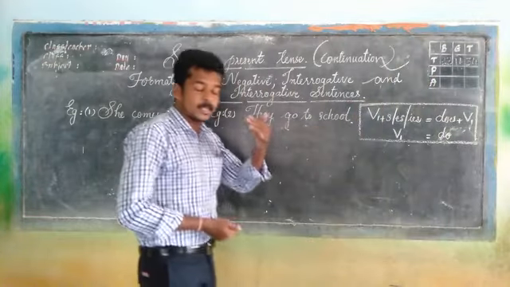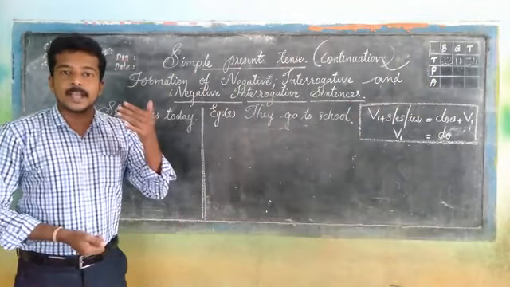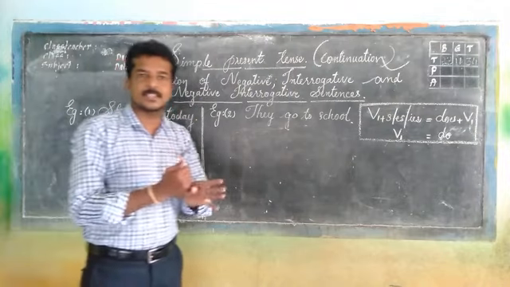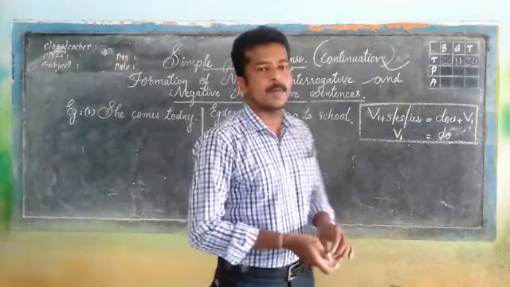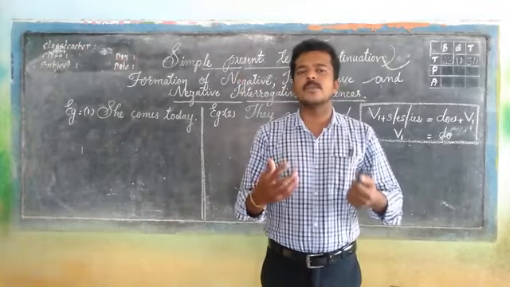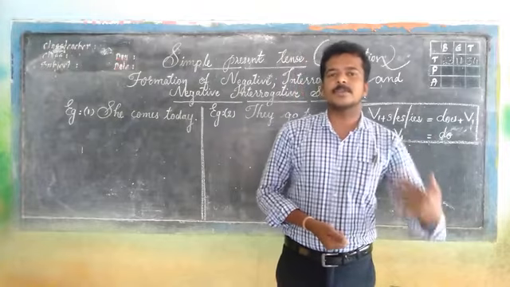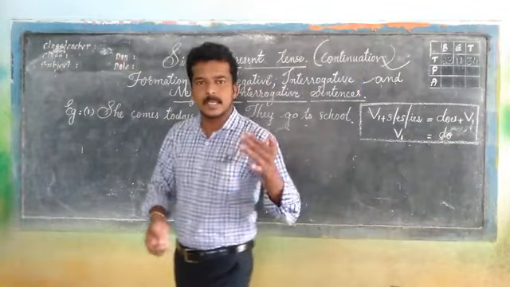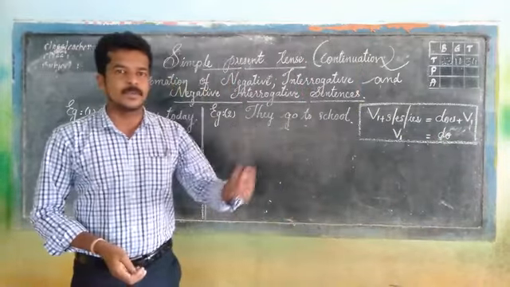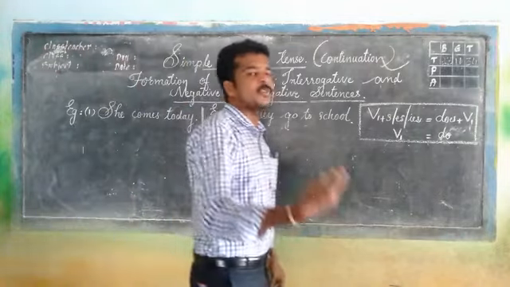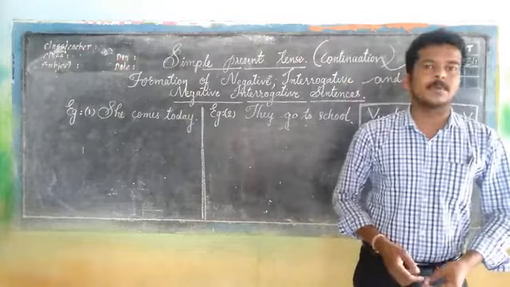And yesterday, in the previous class, I explained simple present tense, the structure or the form of the verb, and apart from that, when we need to use the tense. I have already told you. In order to express an action that happens in the present at a definite time, we use simple present tense. And in the same manner, to express universal facts, we use simple present tense.